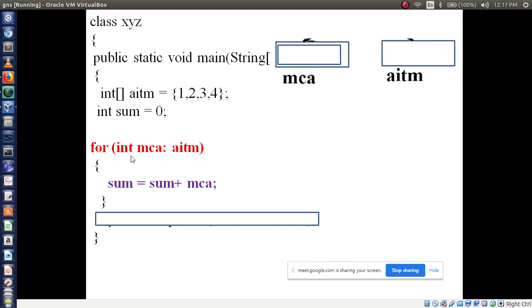observe this red line, int MCA : array. So what will happen here? We have taken two variables, right? One is int MCA, another one is the array name. Now